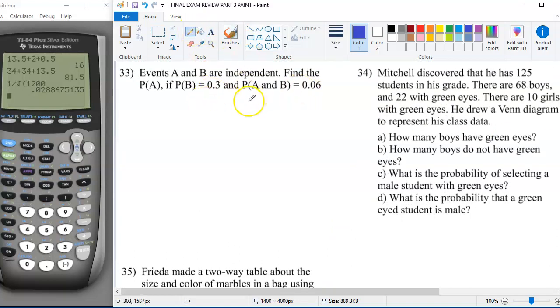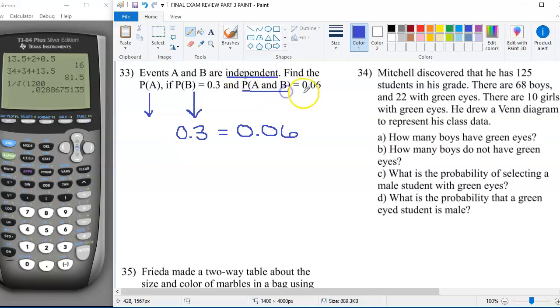All right, events A and B are independent. The probability of A, I do not know. The probability of B is 0.3. The probability of both is 0.06. Now, what you should know by now is that if you have two independent events and you want to